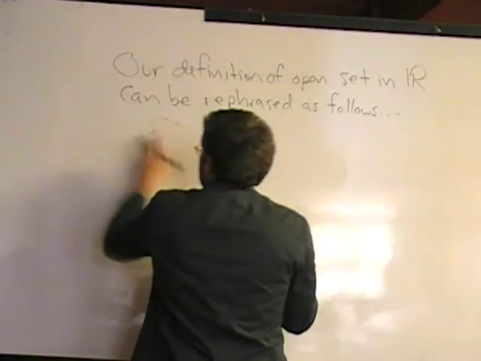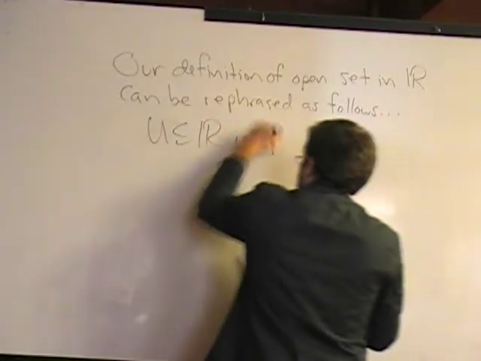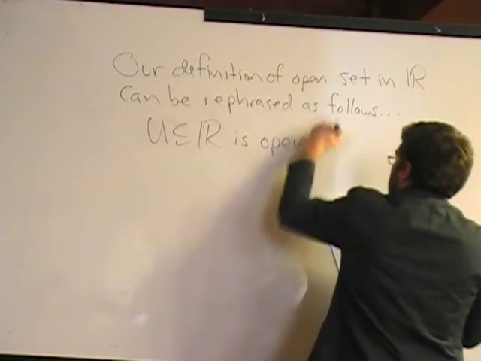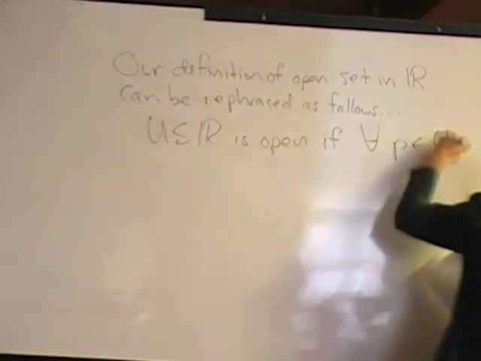In fact, this is really a cleaner way of saying the definition. So a subset U in R is open if, so it begins the same, if for every point P in U there exists,